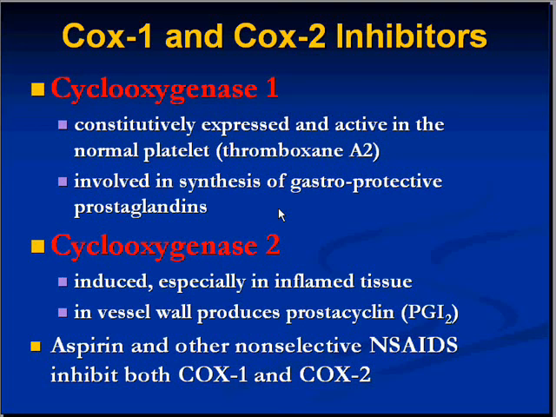Well, we can't really talk about the toxicity of aspirin unless we bring in this whole concept of COX-1 and COX-2. So we have to talk about it. The best way to understand COX-1 and COX-2 inhibition is to realize that aspirin and other NSAIDs inhibit both COX-1 and COX-2. COX-1 is cyclooxygenase 1 and COX-2 is cyclooxygenase 2. Aspirin inhibits both. Well, that's really nice, especially in the inhibition of cyclooxygenase 2, because in the inhibition of cyclooxygenase